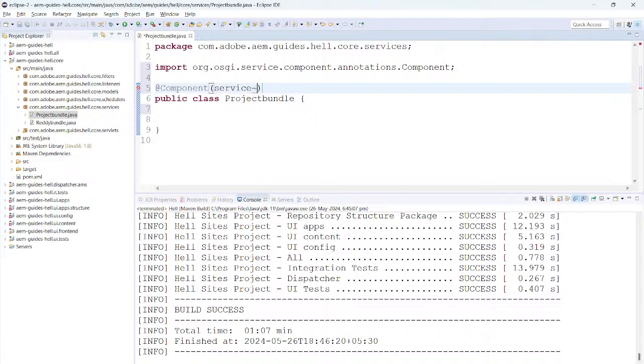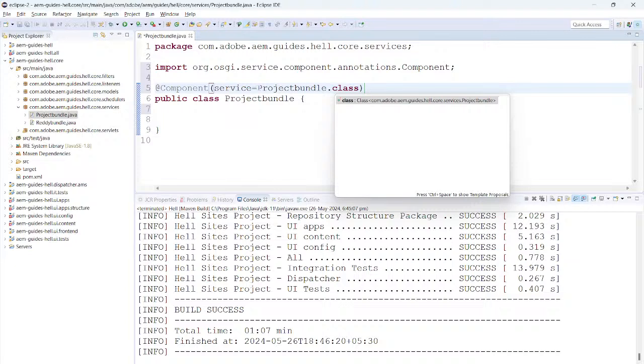We have a life cycle for this particular one, so in that scenario we can use our class name as service dot class, comma, immediate equal to,